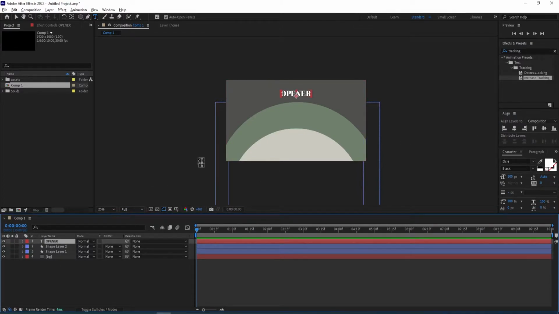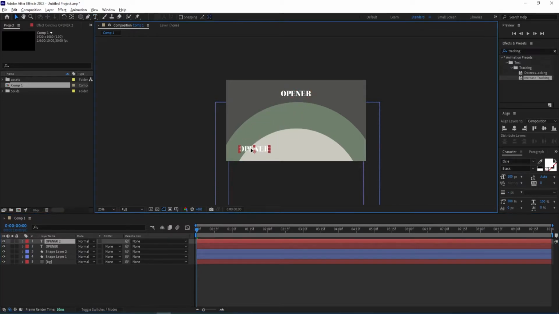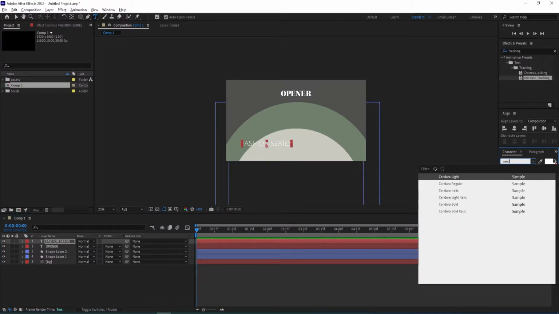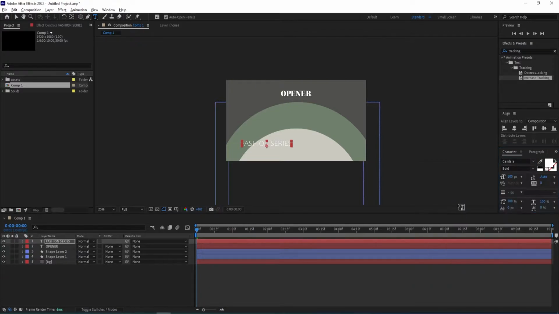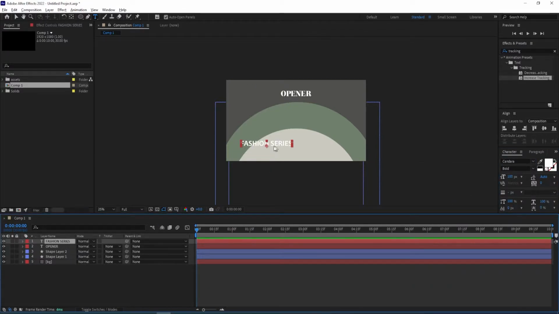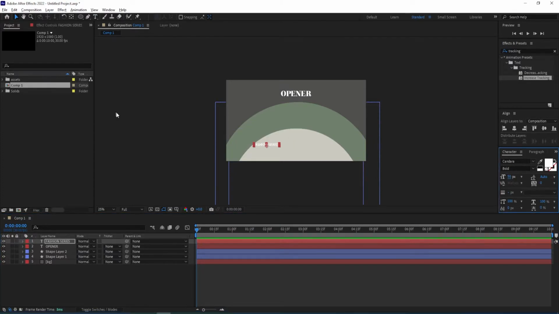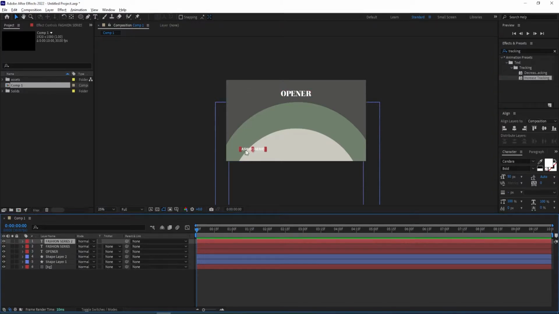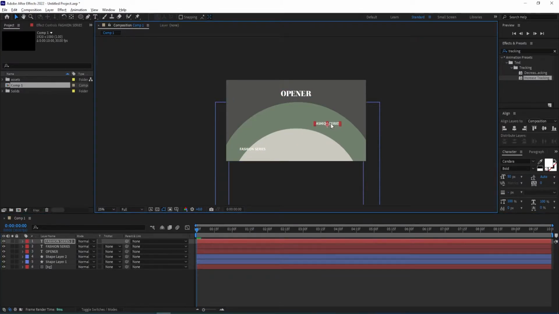And now I duplicate this, Ctrl D, and then move this somewhere around here, double click on it to change the text, and then I change the font for this one to kinda bold, not sure if I pronounced that right. So I resize this to 50 and then move this somewhere around here. Ctrl D to duplicate this one as well, and then I move this here, change the text,